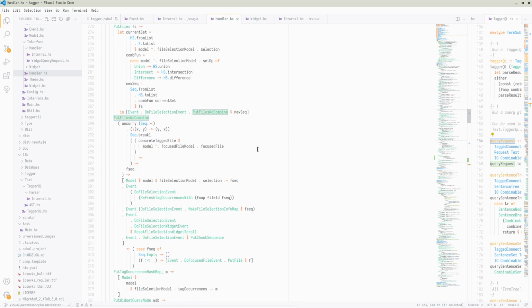So let's try to make sense of what is going on. I have this really crazy view pattern here, and this is all just a view pattern. This is before even the actual body of the function is written. But all this is doing is that when you run a query,